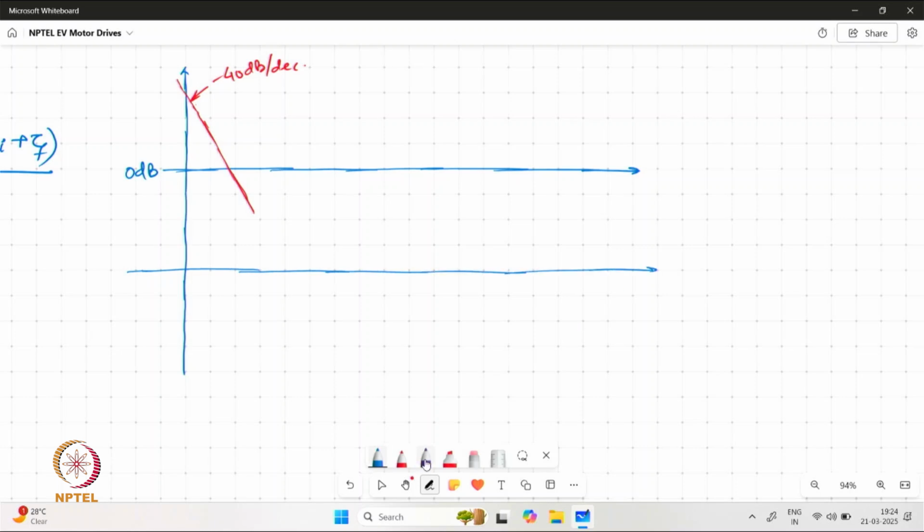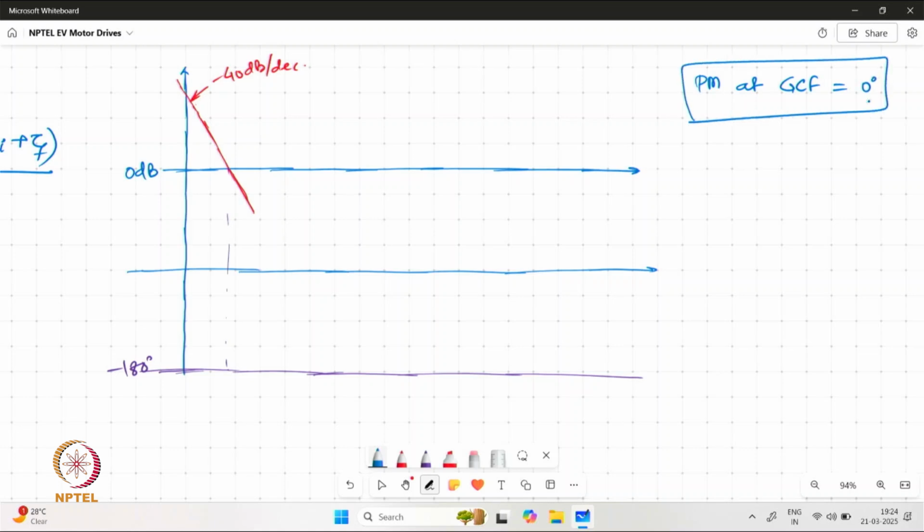which basically indicates that the phase of the system is going to be minus 180 degrees while the magnitude plot is crossing the 0 dB line. So the phase margin for the system at gain crossover frequency is 0, and that is the case where we find that the system is unstable, which means that we have to work